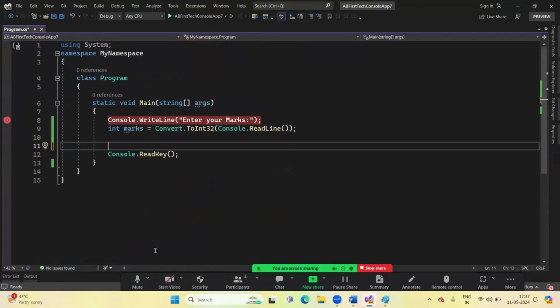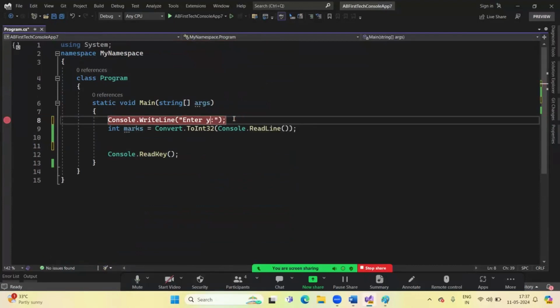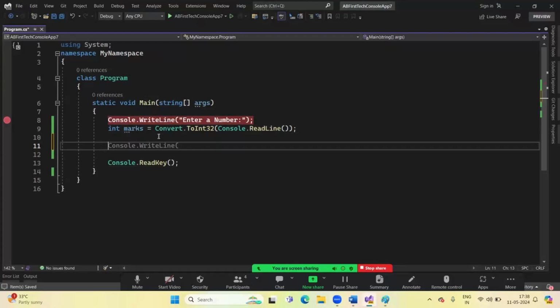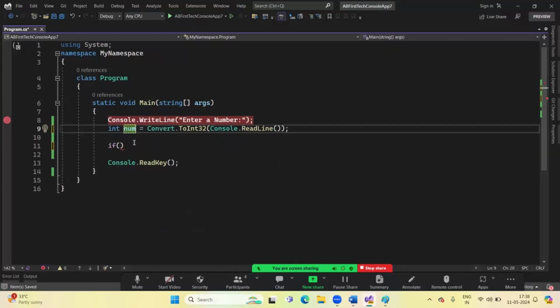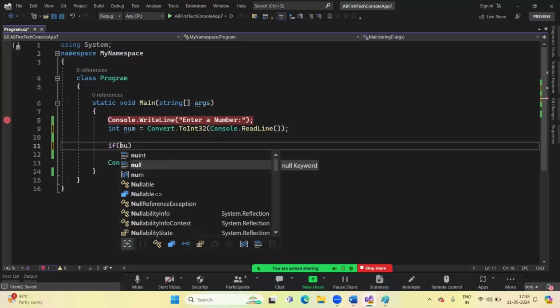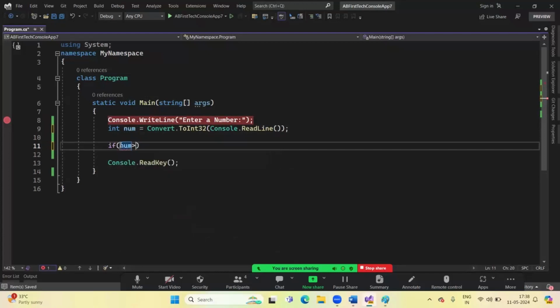So here I'll ask user to enter a number. If number is greater than 0,